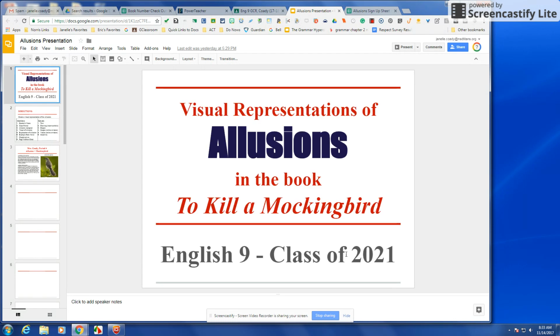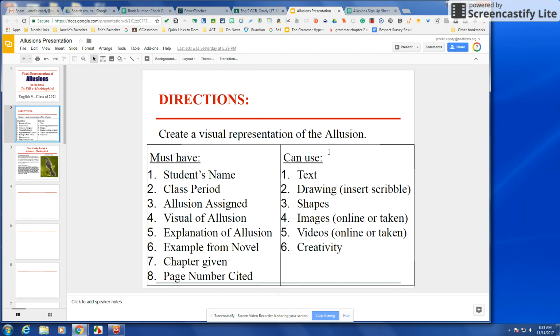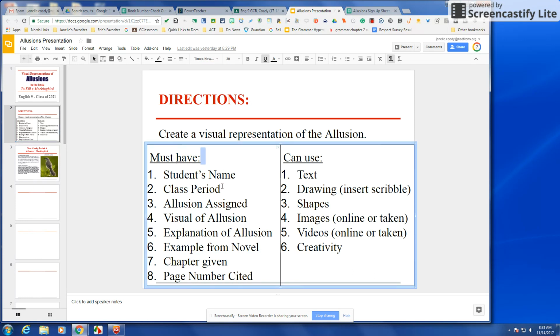The first is just an introductory slide. The second is the directions, so please refer to this often as you are making your slide. It says create a visual representation of the allusion. So yes, it does need to have a visual on it. Here are things in the left column that you must have. It must have your name on it, the class period,